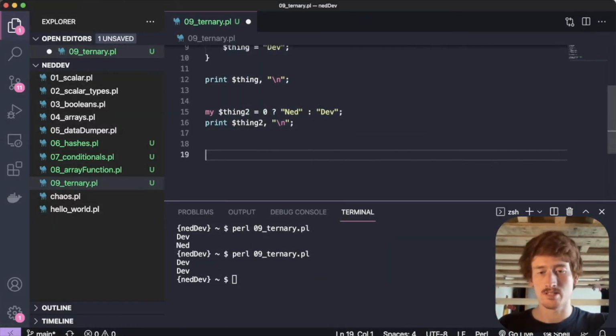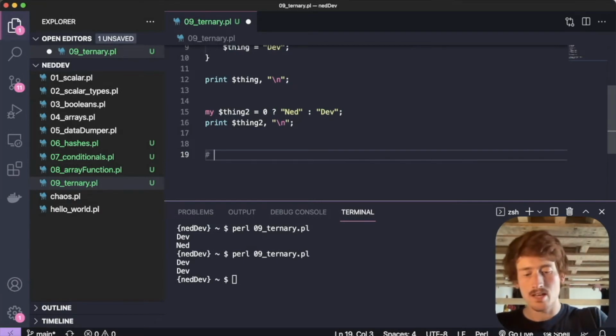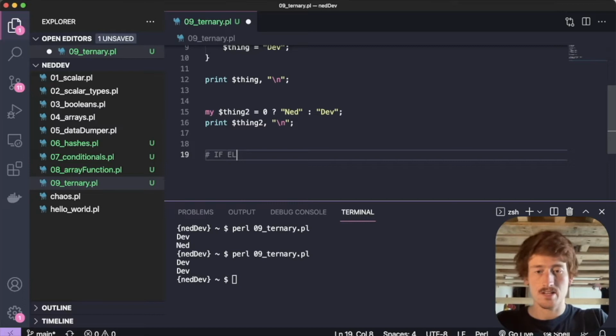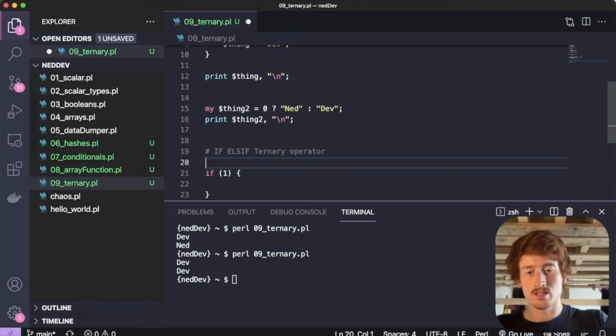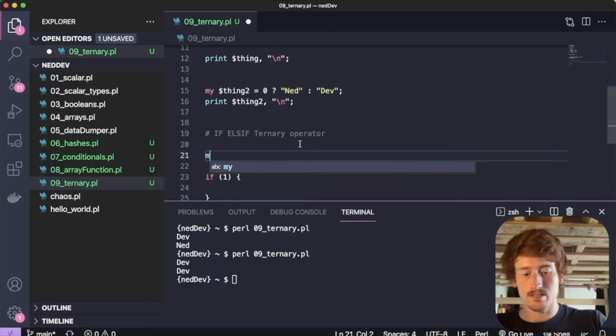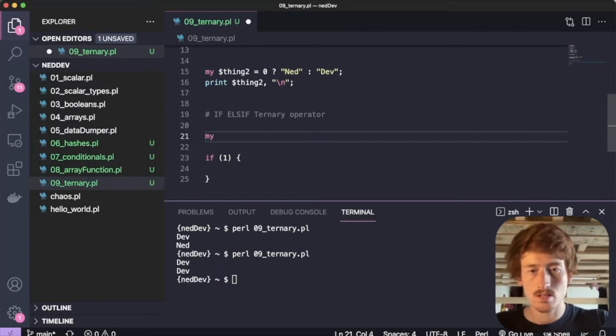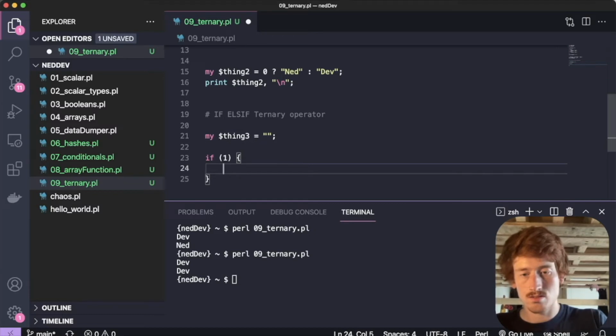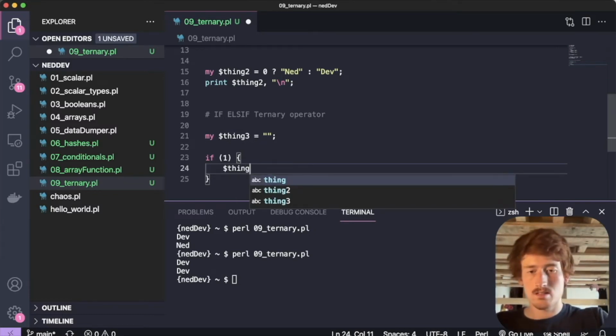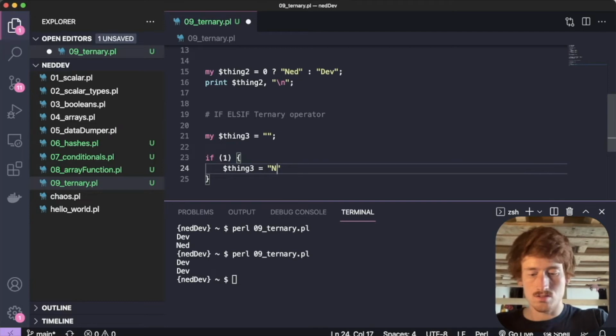So what we can do is start by just writing an else if ternary operator. Cool. So let's do that. So if 1, so if true, then we will assign our new scalar thing 3, which is empty here. We will assign that to ned,